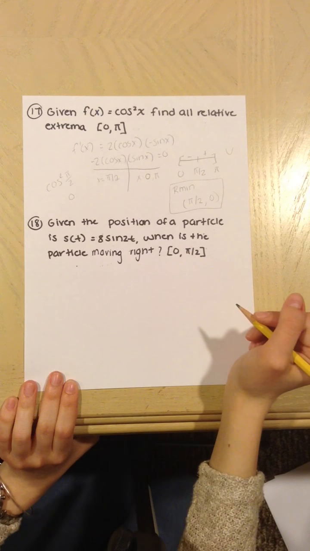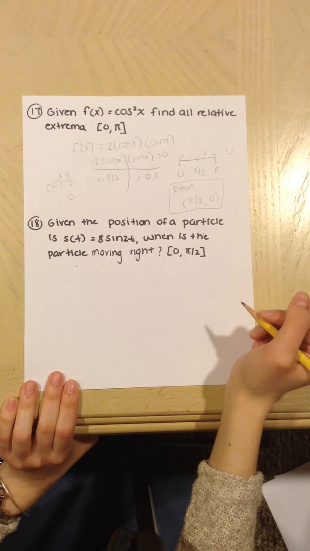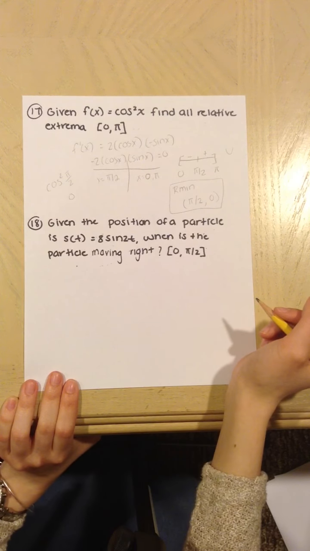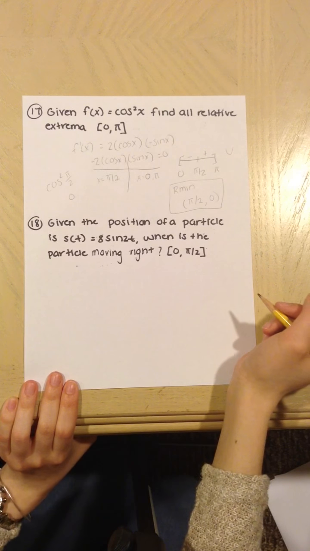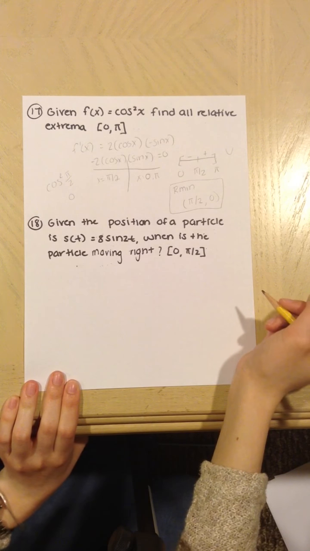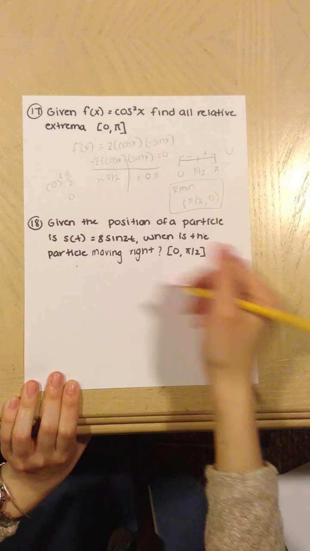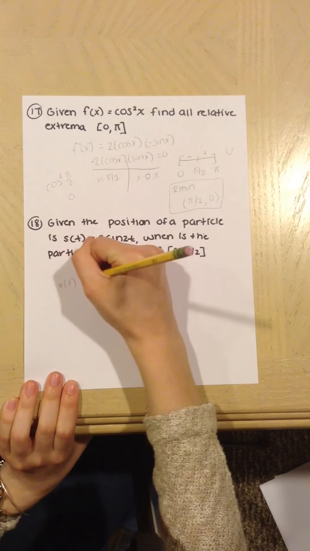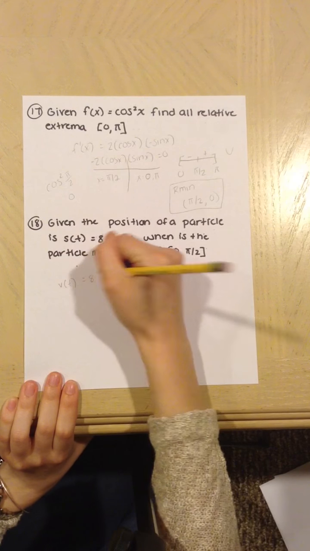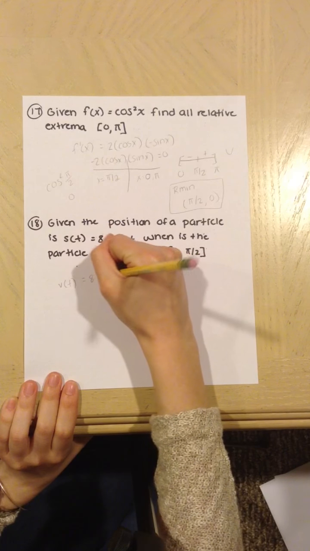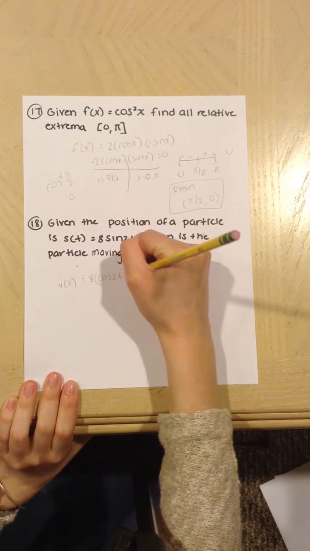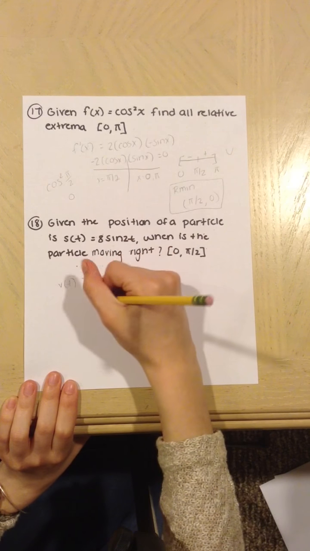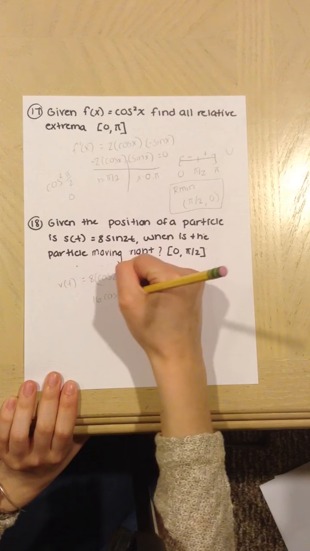For the next problem, given the position of a particle is s of t equals 8 sine 2t, when is the particle moving right on the interval from 0 to pi over 2? So for this one, we're going to have to find the first derivative. So v of t equals 8 times the derivative of sine, which is cos 2t times 2. So now we're going to set that equal to 0. So 16 cos 2t